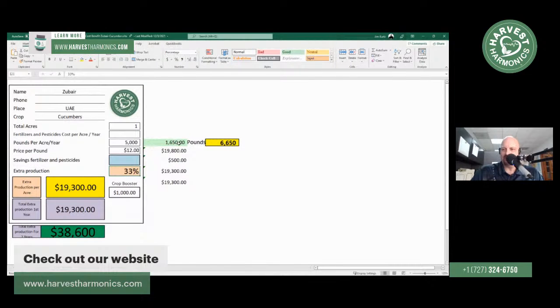This is a 1 acre trial, guys. It's not like thousands of acres. This is 1 acre, right? That would be $19,800 in additional yield if I got a 33% increase, right? Minus the cost of my system. Again, it's a 2-year product, so we take half of that, 500 for the first year on an annual basis. And he's going to net $19,300 on that 1 acre, right? And of course, the same numbers here. And over 2 years, he'd net 38,000. That's 19 times the return on investment,